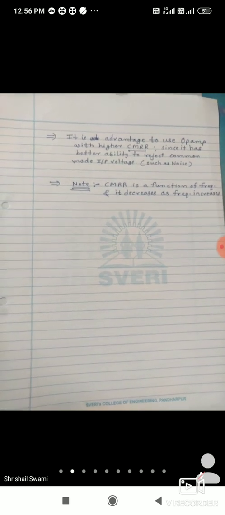So slew rate means what? The change in output voltage with change in time, or the rate of change of output voltage per unit time, we can consider as the slew rate. म्हणजे काय, आउटपुट तुमचं लगेच चेंज व्हायला पाहिजे as soon as you are making the changes in the input. इनपुट मध्ये काहीतरी चेंज झालं की लगेच तुमचं आउटपुट यायला पाहिजे. So लगेच means what will be the minimum time taken by the op amp, all those parameters we are going to understand in the concept of slew rate.